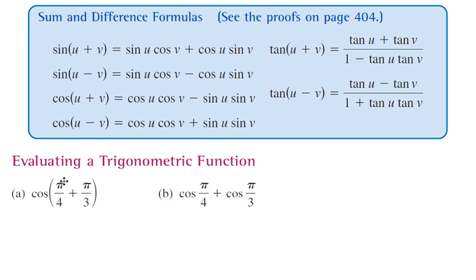Well, since we are taking the sum of two angles in radians, we're just going to use our sum formula. So we're just going to use this guy right here. I'm just going to apply the formula. This would be my u, this would be my v, and